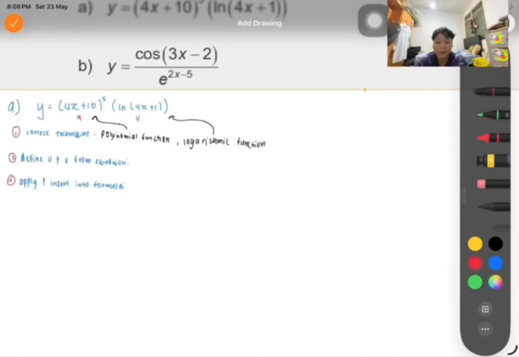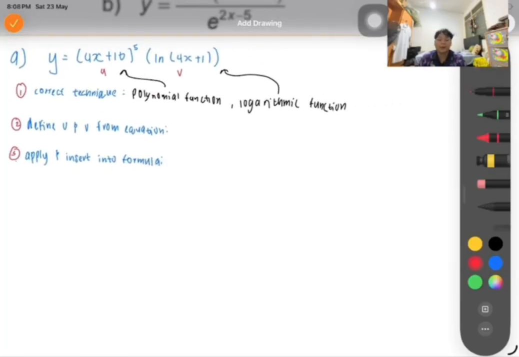Let's look into question 1a. y equal to (4x plus 10) to the power of 5 multiplied by ln(4x plus 1). Since it is a polynomial function multiplied by a logarithmic function, we are going to use the product rule. dy/dx equals,